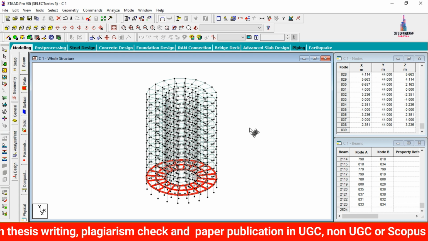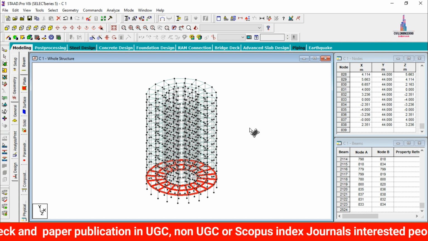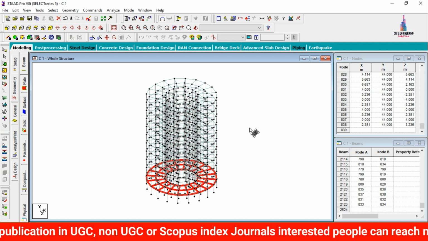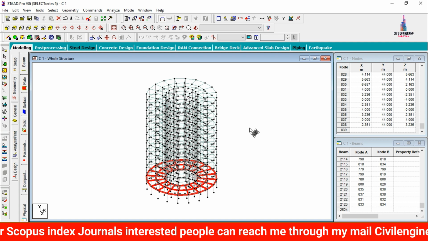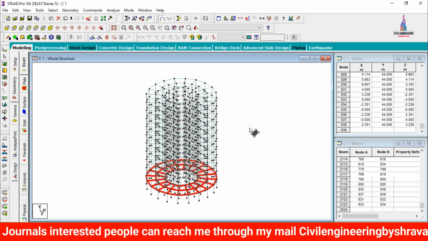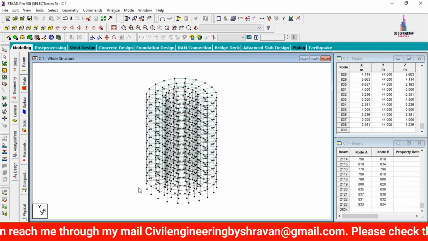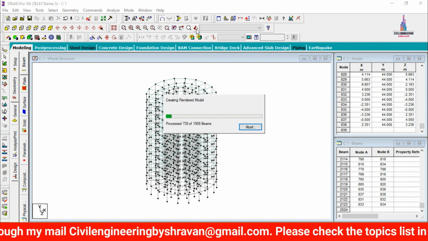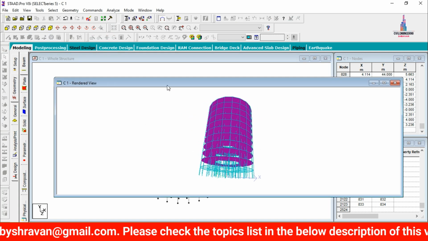So after copying all these sections, we need to delete the plate section at the ground story. Why? Because basically we have assumed that plinth beam sections will exist for that respective ground story section. So for that click on delete option, click on S button. So it will delete the property at the ground story. Now we have to see this model in rendering view. So click on 3D rendering view option. So now we can see this is the 3D rendering view for this respective structure.